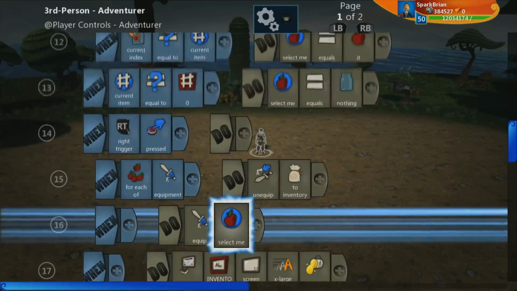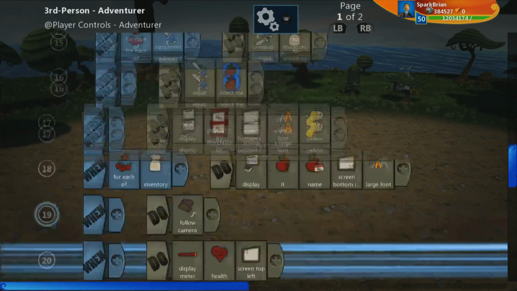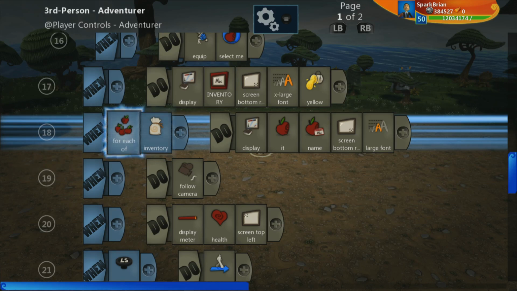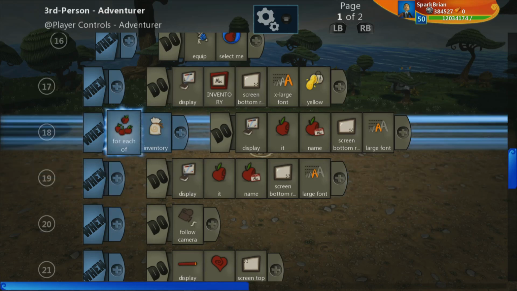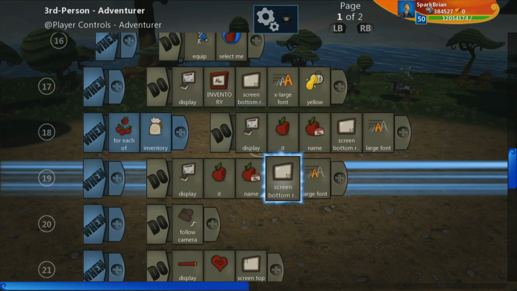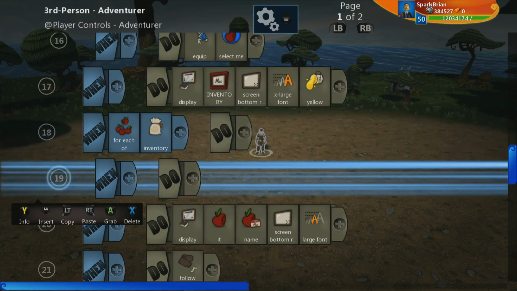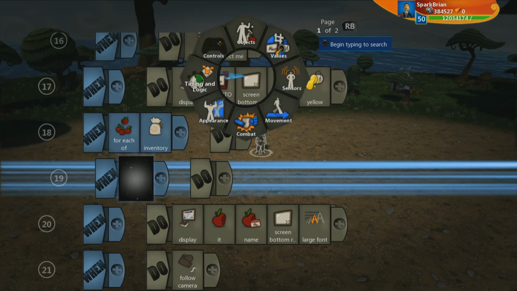Before I show you that in action, though, I want to show some visual indication of what's actually happening. So I'm going to add a bit more stuff to this display tile right here. For each of inventory, then I want to say underneath, when